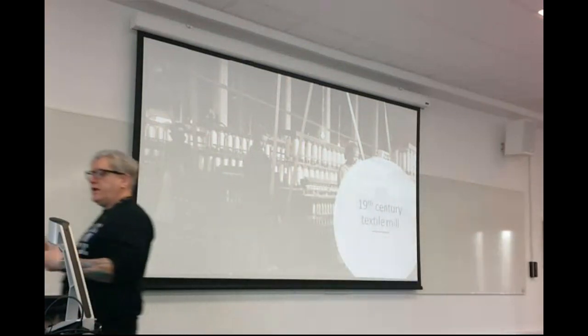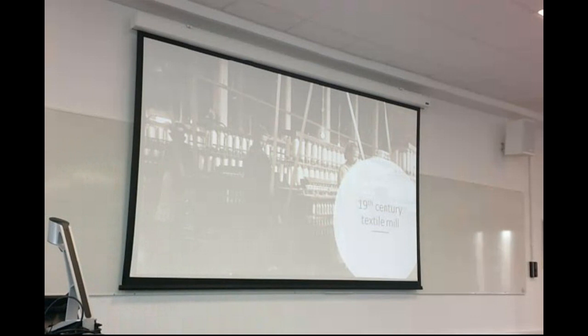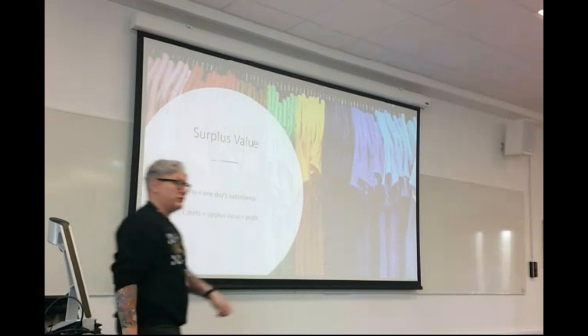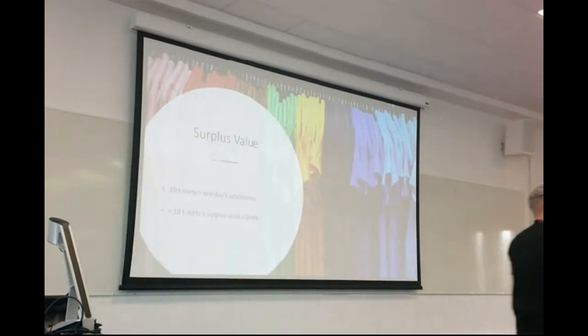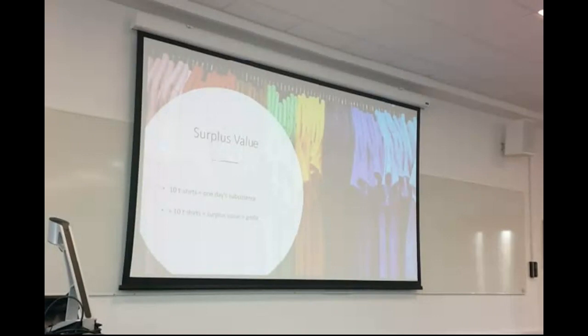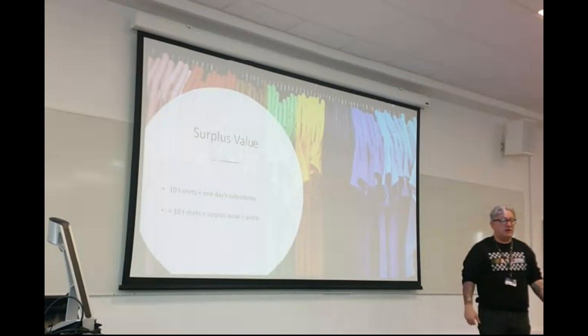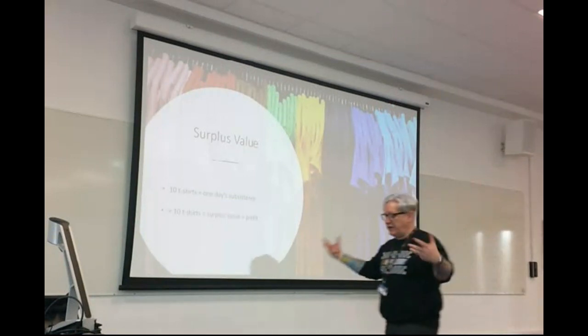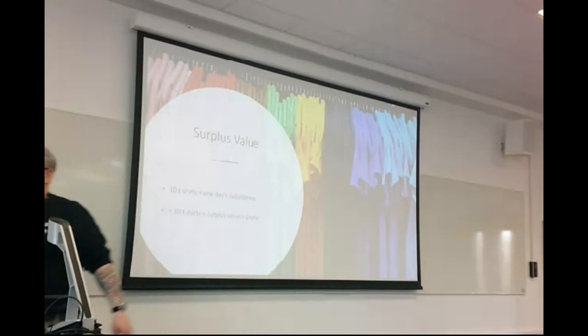So, we have the principle here of surplus value. You might think, well, why do factory owners employ children? Children are even cheaper than adults, so you can earn more surplus value. Surplus value is a very simple equation. Let's say you previously had to make 10 t-shirts in order to keep yourself alive for one day. In an industrial situation, you're going to make more than that. You still get your daily wage for 10 t-shirts, but anything over that is surplus value. And this is how capitalists become rich.